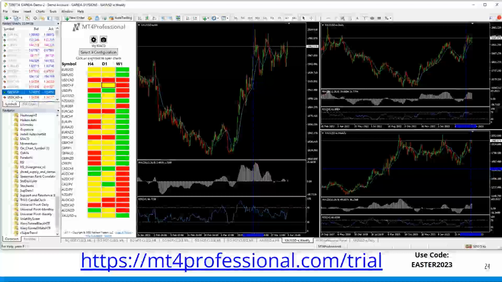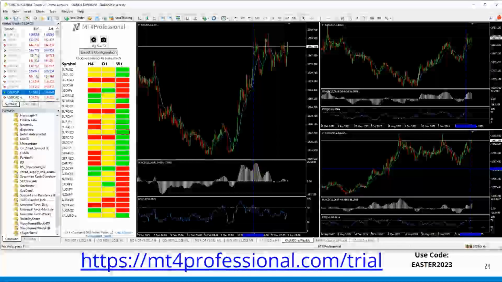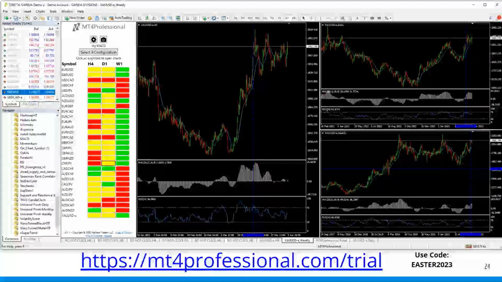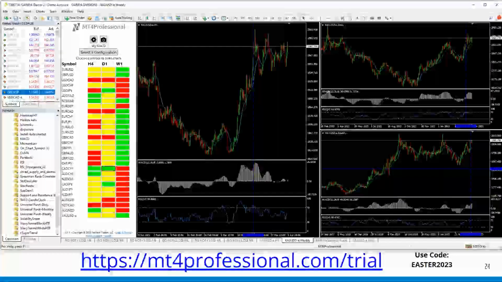Rao also wants to know, can the strategy be traded automatically like an expert advisor once it is set up in the scanner? Absolutely. Yes, it can. And if you need help with the EA, then we have programmers on staff that can set up and create the expert advisor for you. So let us know if we can help you in that way. We'll be glad to. Otherwise, write it yourself. But it can be set up and traded automatically on your MT4Professional platform.